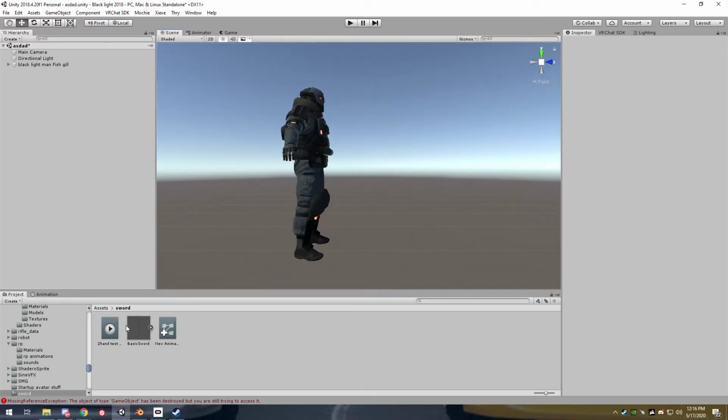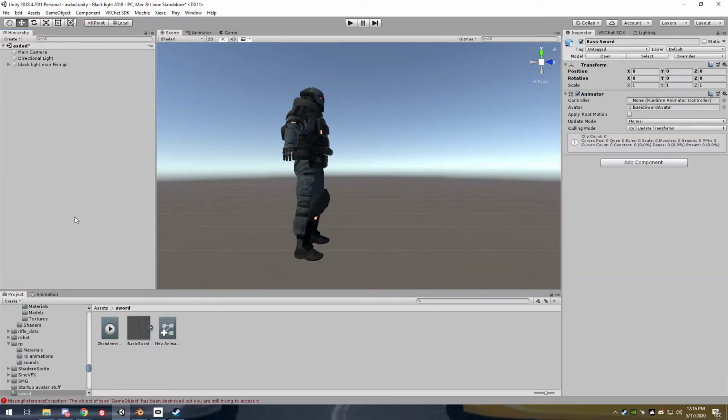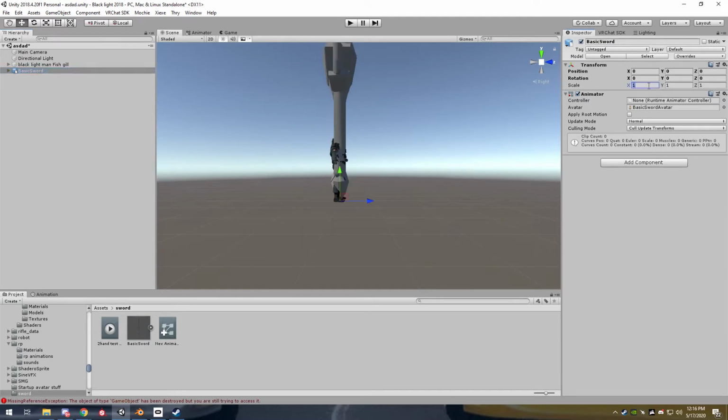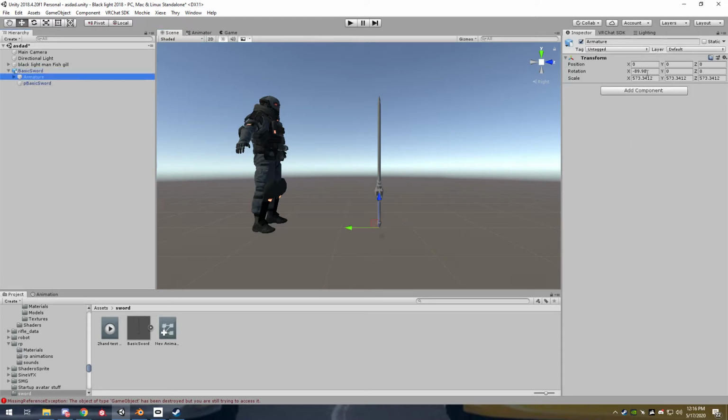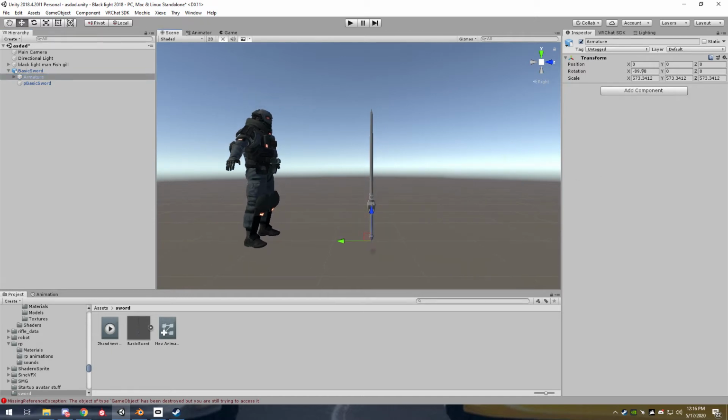So first, you want to bring your sword or axe into the scene and size it down accordingly. The principle of the two-handed sword and axe setup is very similar to my video on two-handed guns. If you look here on the armature, you can see that this is a minus value. You want to make sure these are 0, because the reason why this is a minus is because the